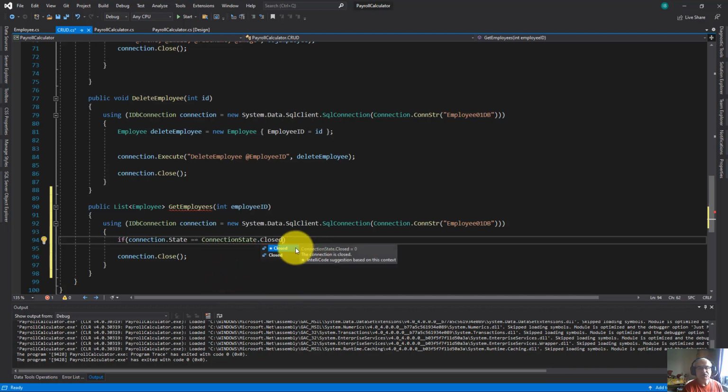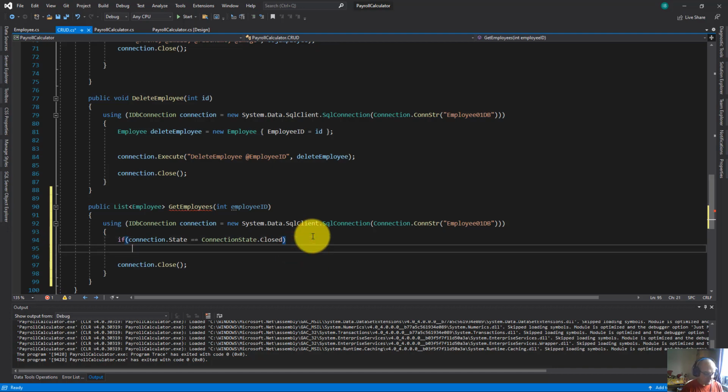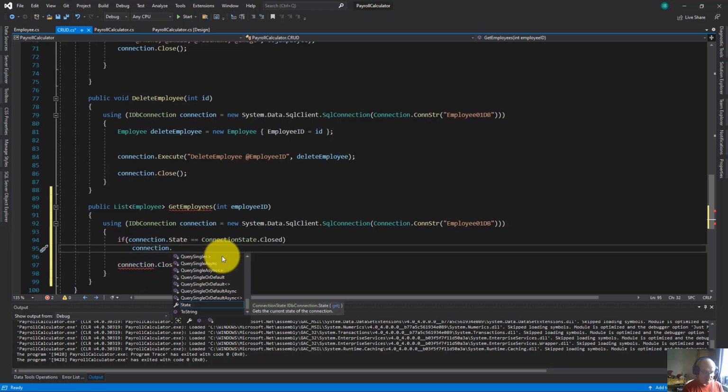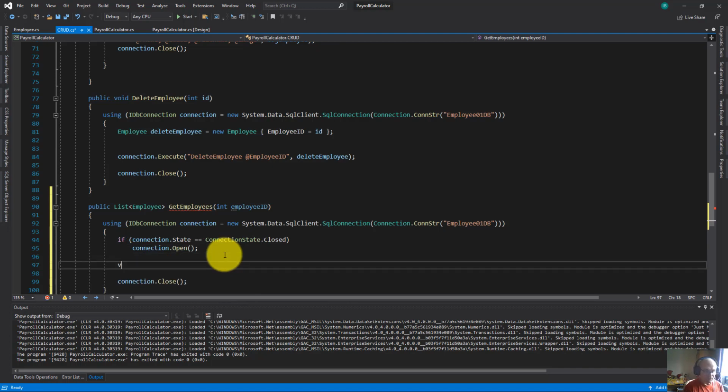If the connection is closed, then open it using this object connection dot and the method open. Also, I'm going to declare a variable which has this type var. I'm going to name it output equal